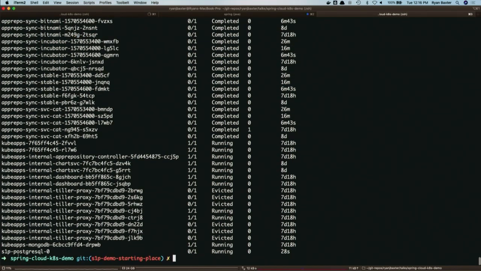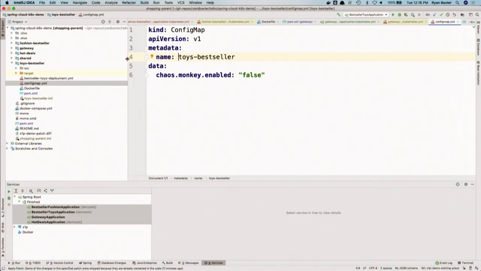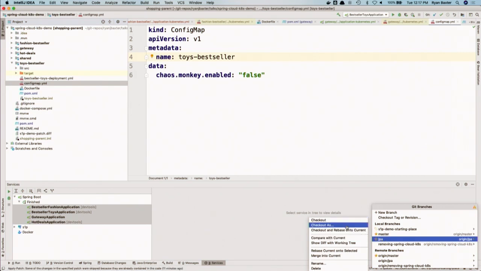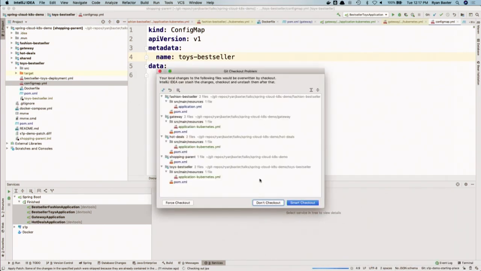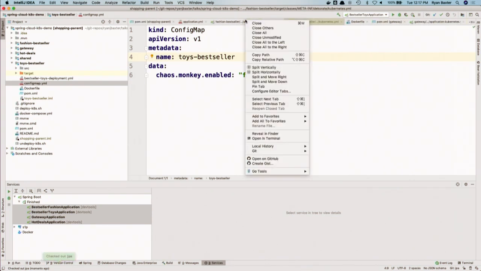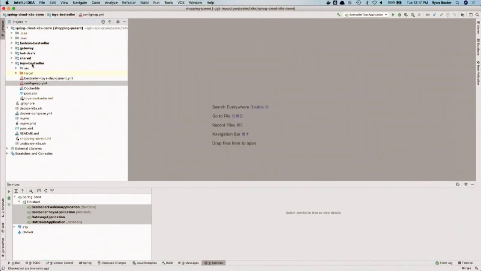And the S1P database is about to be deployed soon. But meanwhile, let's go back to IntelliJ. In order to go faster, I already created a branch called GPA. And let me show you what I've done.